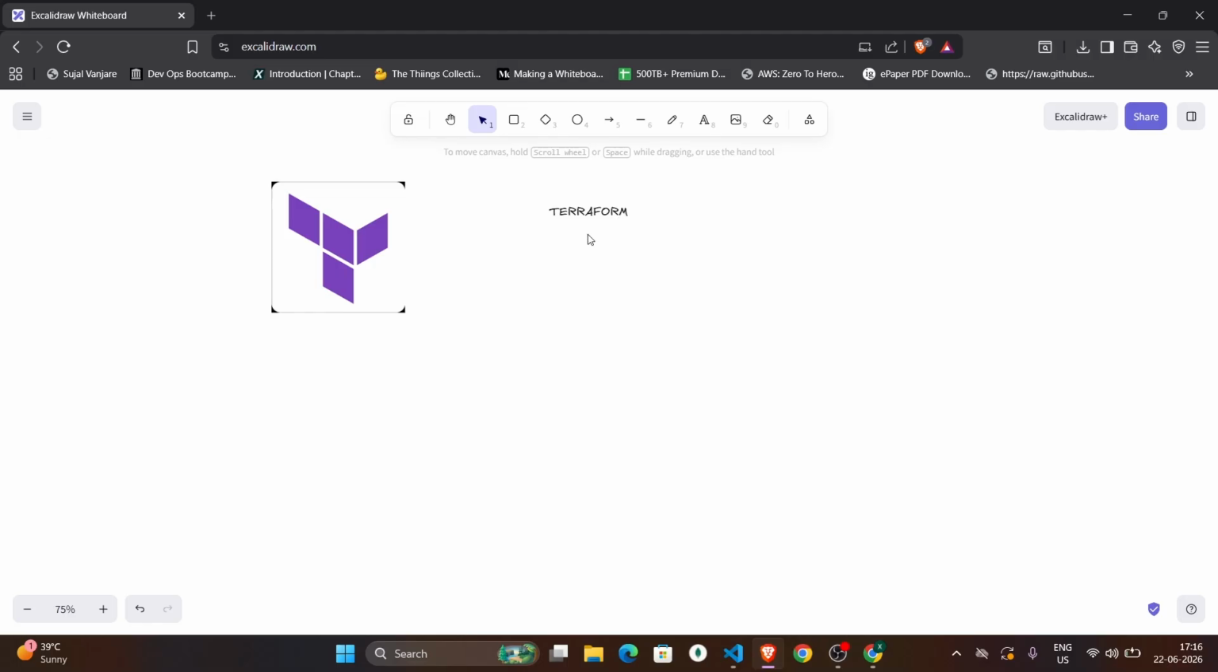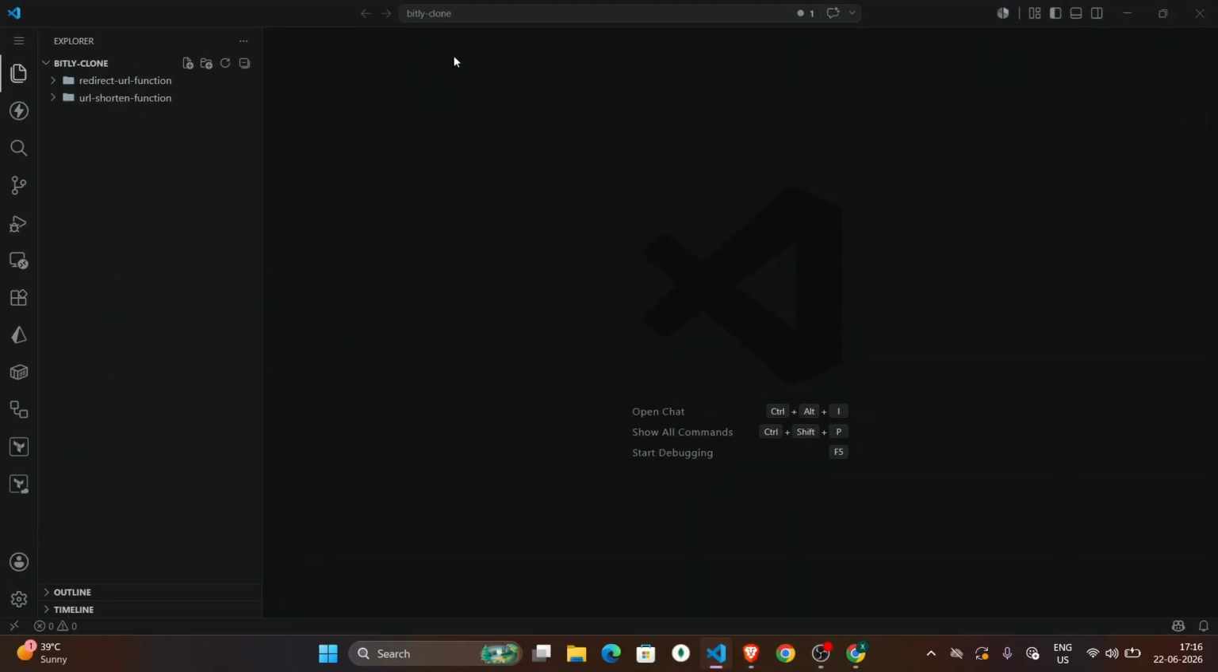So let's see how we write the syntax of this Terraform tool. So let's go back to the code base and write some code. So here it is, our IDE, VS Code. I've already created these two functions. Let's create one more folder, Terraform,